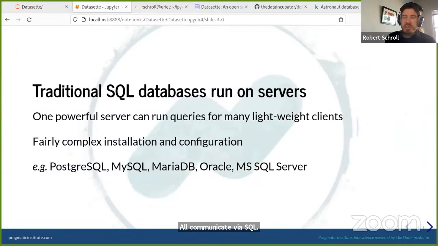However, as you're trying to learn SQL, you might run into a little bit of a problem, namely that these traditional databases aren't the easiest things to set up. The reason for this is that back in the 1970s, when these things were started, computers were very expensive and slow. And a database is a relatively demanding program. It needs to parse a lot of data very quickly.